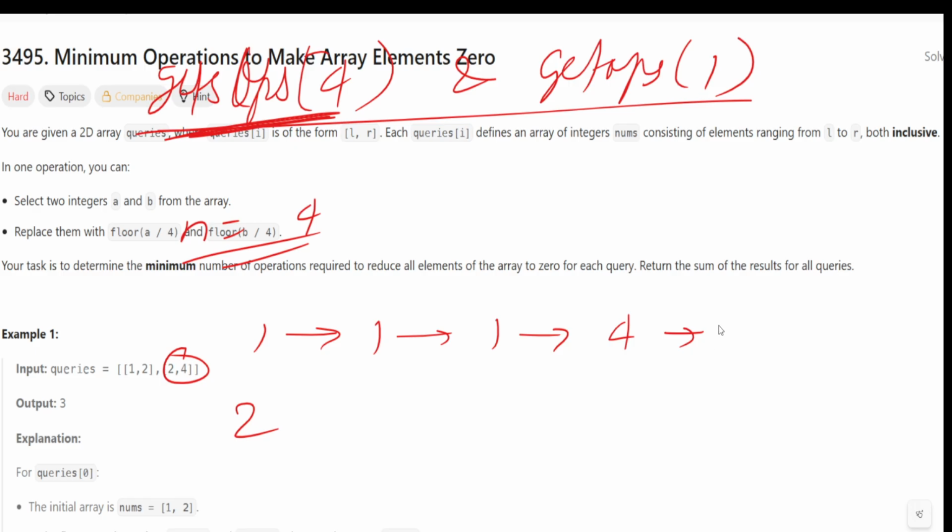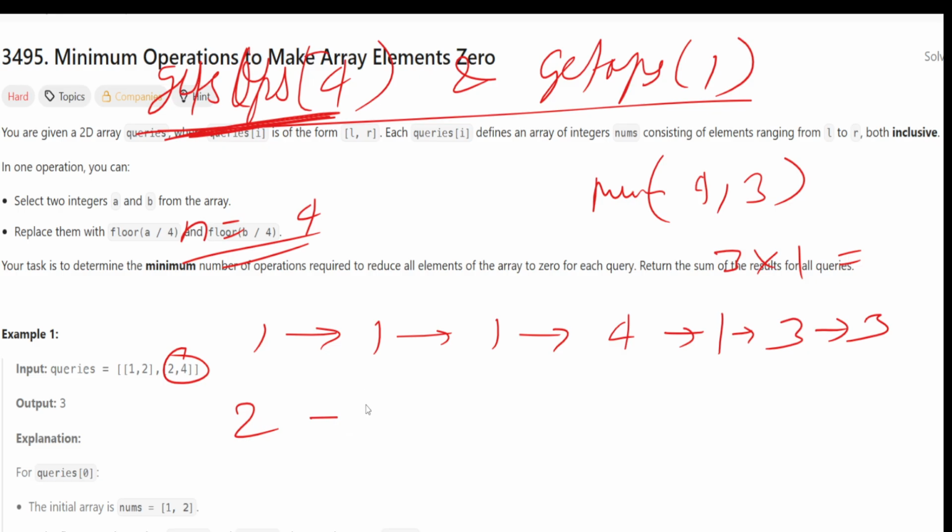What is at left? It is 1. What is at right? We have to take the min, right? So we'll take the min first. We'll say min of 4 and 3, we'll get 3, right? And then the result after this, you have to take 3 into 1 is 1. Remember the same table that I have taught you, right? We'll get 3. Okay, similarly for iteration 2, power is 4, we'll get operation is 2,